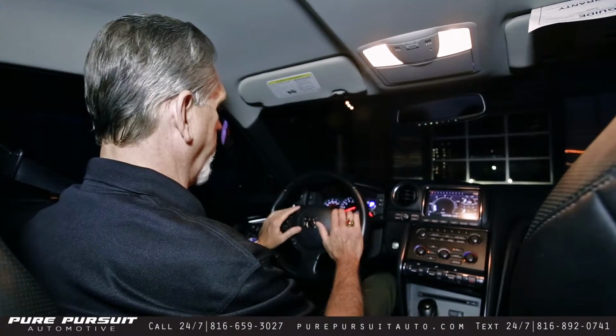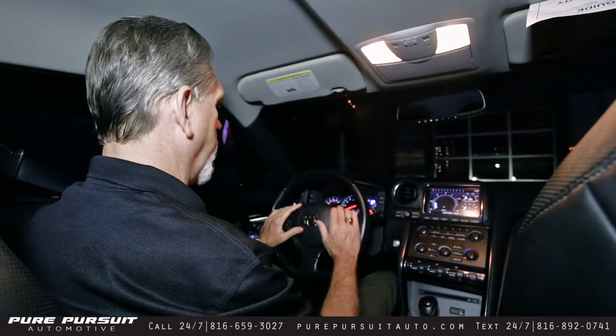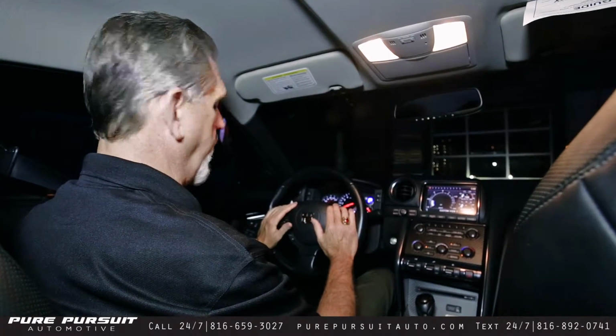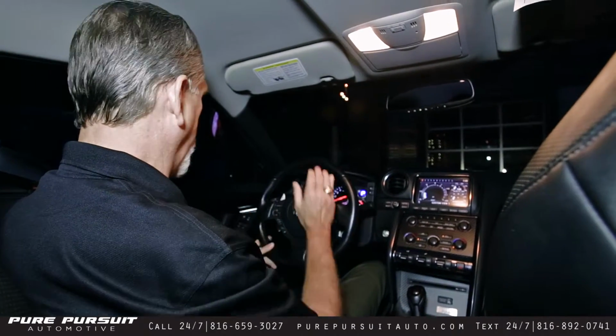This thing is a fantastic vehicle. This is my favorite part of the evening, when we get to do the interior discussion about the vehicle and take it for a test drive. So I'm going to start off here saying that the vehicle does have basically all the standard equipment such as